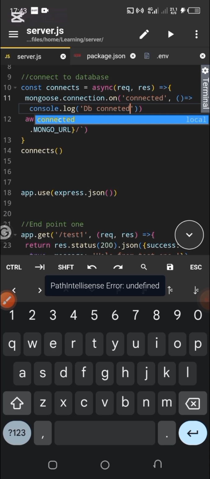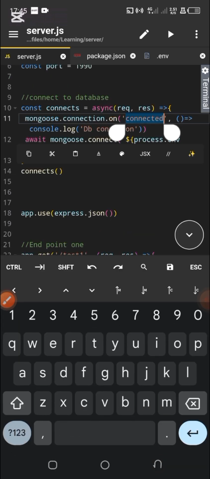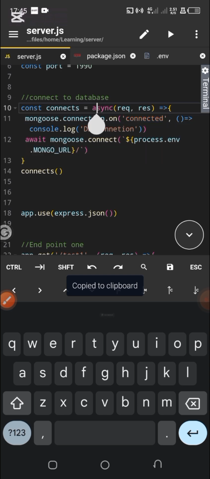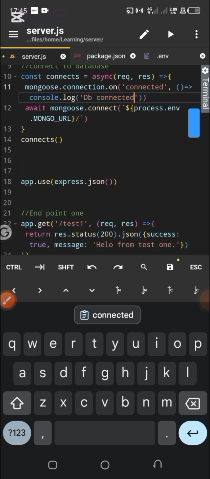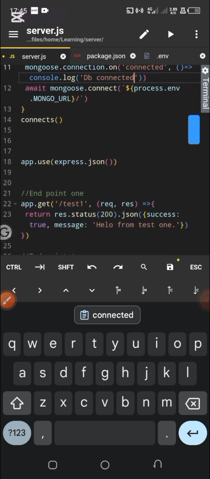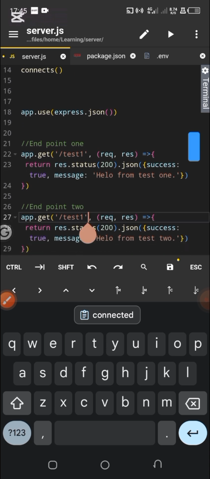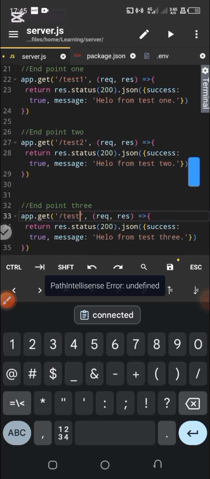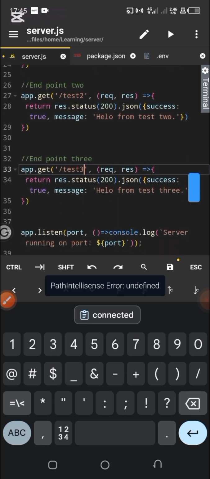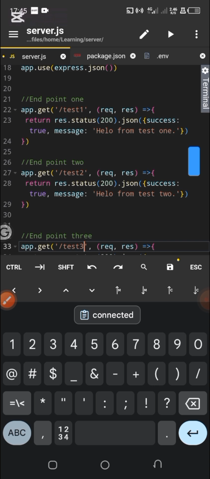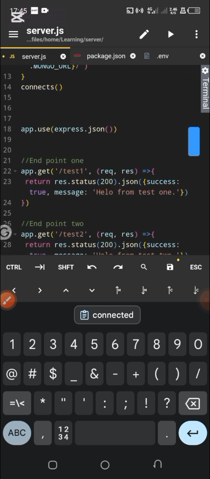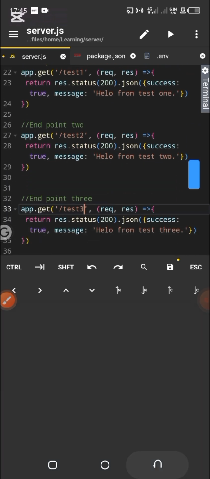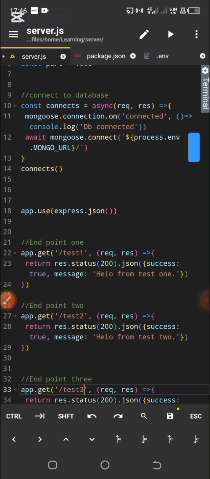So once we're connected, okay. So as we have corrected this, what we are going to do is that